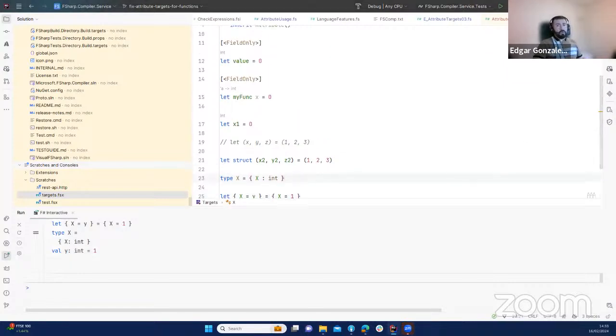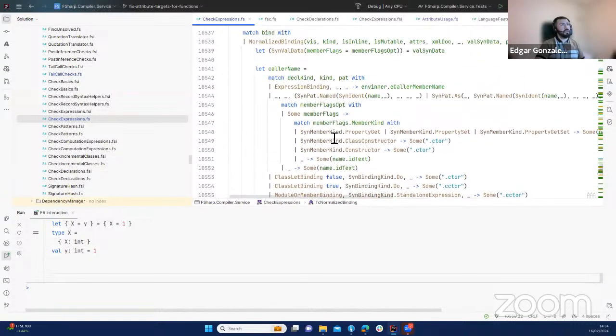But before we start doing that, I want to find a way to only care about let bindings that are on a module and a class. I don't want to care about members, static members, or anything like that that is inside of a class. So for that, I think I saw a check that they are doing here with the kind. So declaration kind here